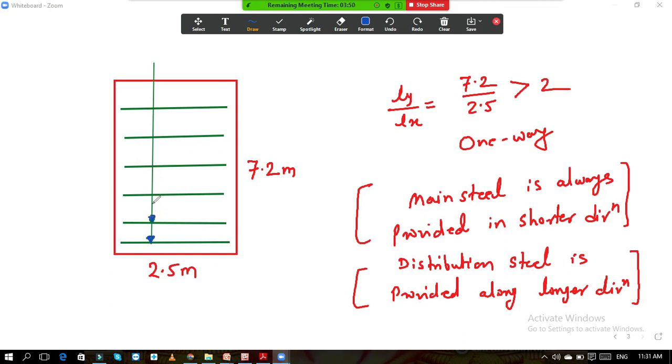These are the lines which represent main steel. This is main steel which is provided parallel to the shorter direction, or along the shorter direction. Okay, and in the longer direction,